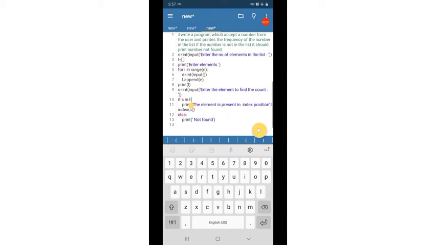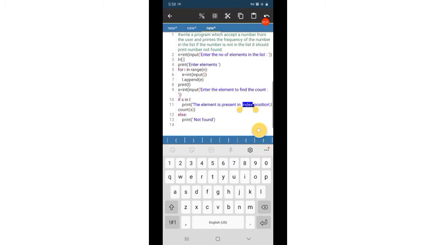Now if S, that element, is in the list, instead of the index function we have to write the count function. Our count function will check how many times that element is present in the list.